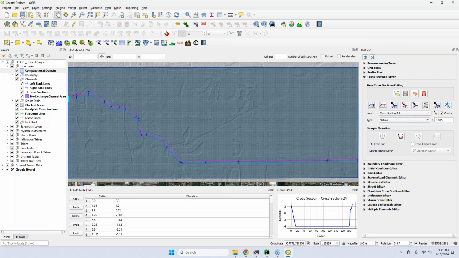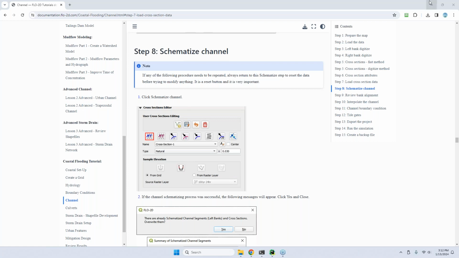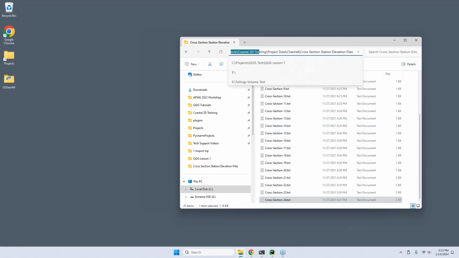Everything was updated, so I don't need to use the save button, but it wouldn't hurt to do it. And then I close it. And then let's get out of here real quick and go back to our